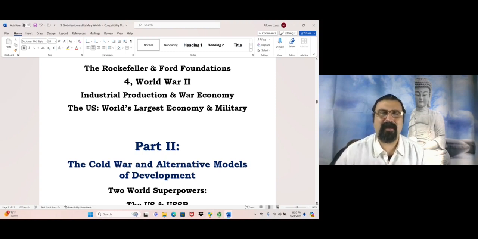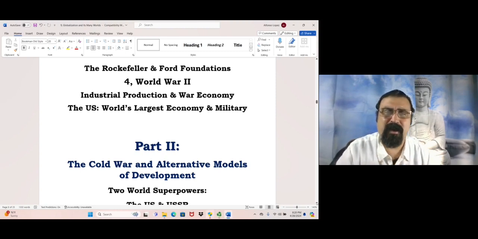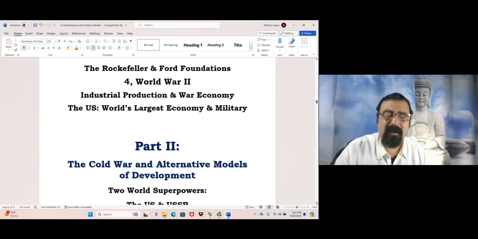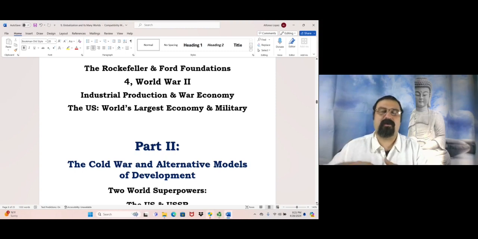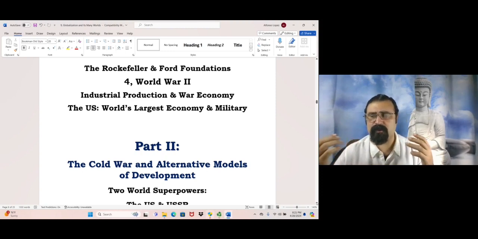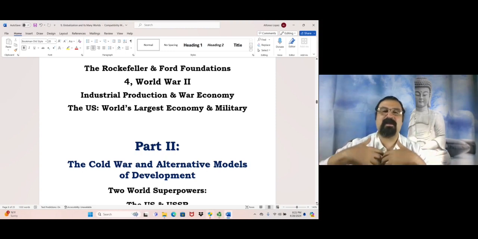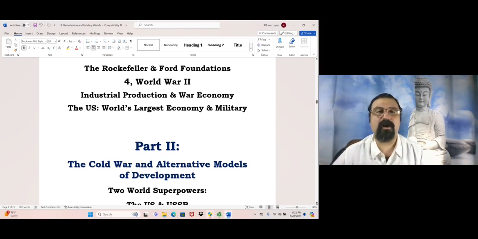What we see is that the American economy was now kicked into full gear because there was the need to supply weaponry and war materials to the Allies fighting Hitler during the Second World War, and also the United States is going to be fighting Japan in the Pacific, and the American economy transformed itself into a war-based economy because of World War II. So we see, once again, industrial production on the rise, and millions of jobs are created, and this is going to lead to the United States developing really the largest economy and also the largest military in the world. Okay, so it was really World War II that finally created the American empire,